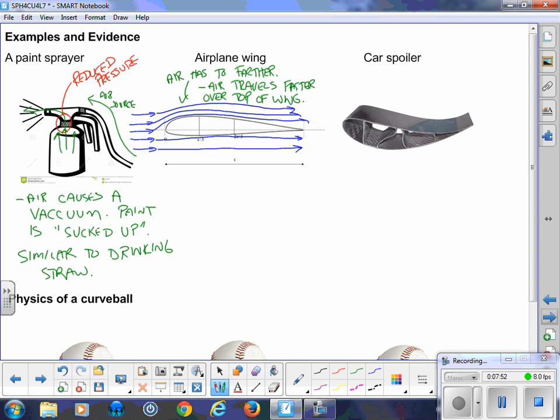All right, so if the air is traveling faster, that means that we have a low pressure here, we have a higher pressure there. Because that low pressure exists above the wing, we have an uplift force. So it all is on the design of that wing, causing that air to be faster going over the top and decreasing the pressure. So pressure over wing,